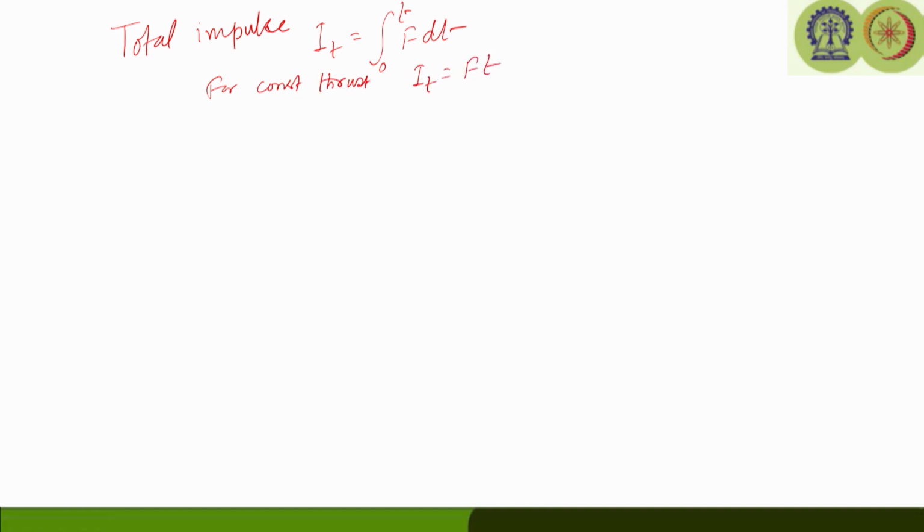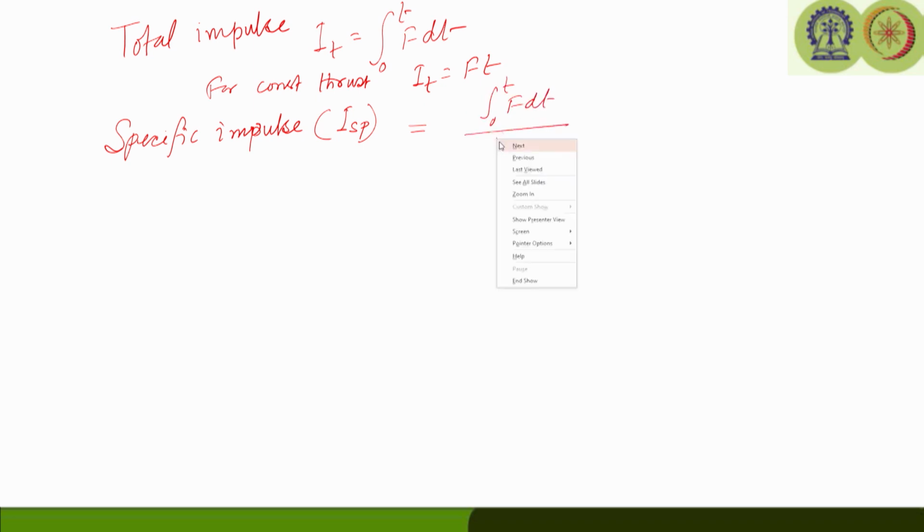Now, one of the important parameters is called specific impulse, which is denoted as ISP. In some books it is referred to as only IS, but we are referring to it as ISP. This is the total impulse per unit weight of the propellant. So, we can simply write this as the total impulse, integral of F dt, divided by